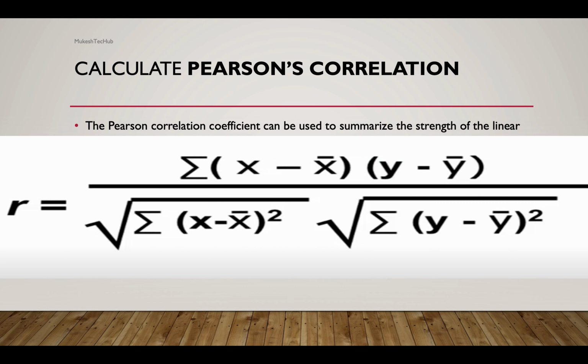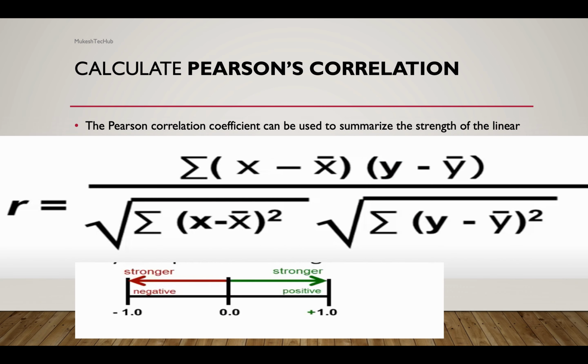So whatever we have calculated above and the summation of that, after taking the summation we are taking the root of that one, similar for y. And this is the metric after calculation of this Pearson correlation coefficient. So we will put the calculated value in this line and we'll see if it is more than 0 and equal or less than 1, then we can say it's a positive and a strong relationship.